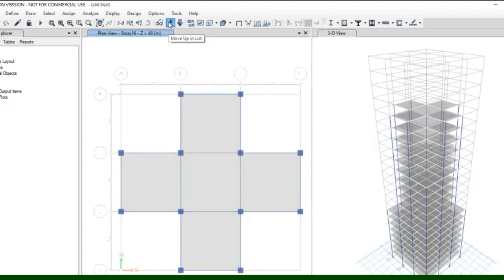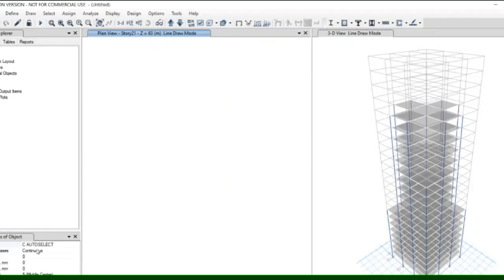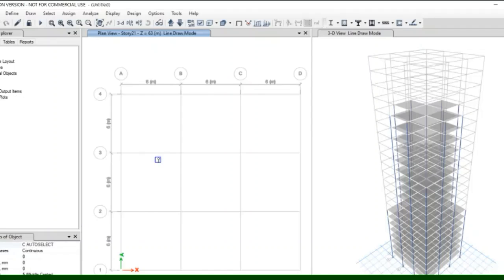Again go to the upper story. Similarly, we will apply column, beam and floor.